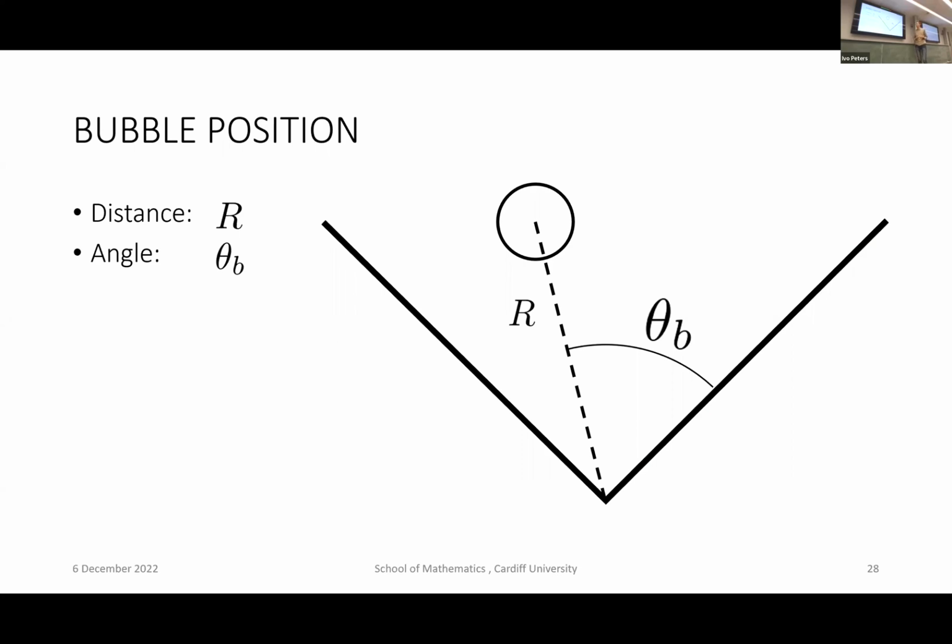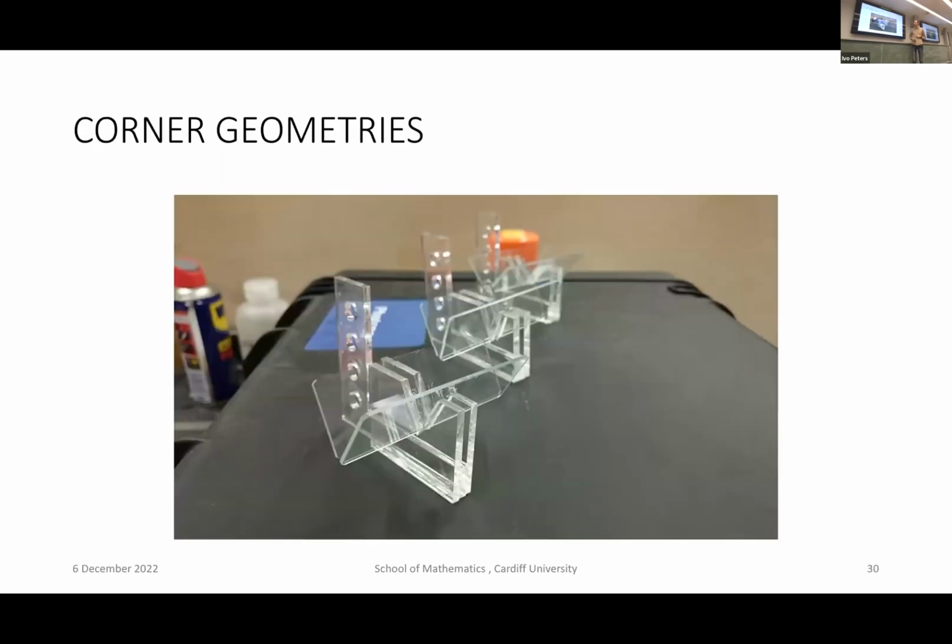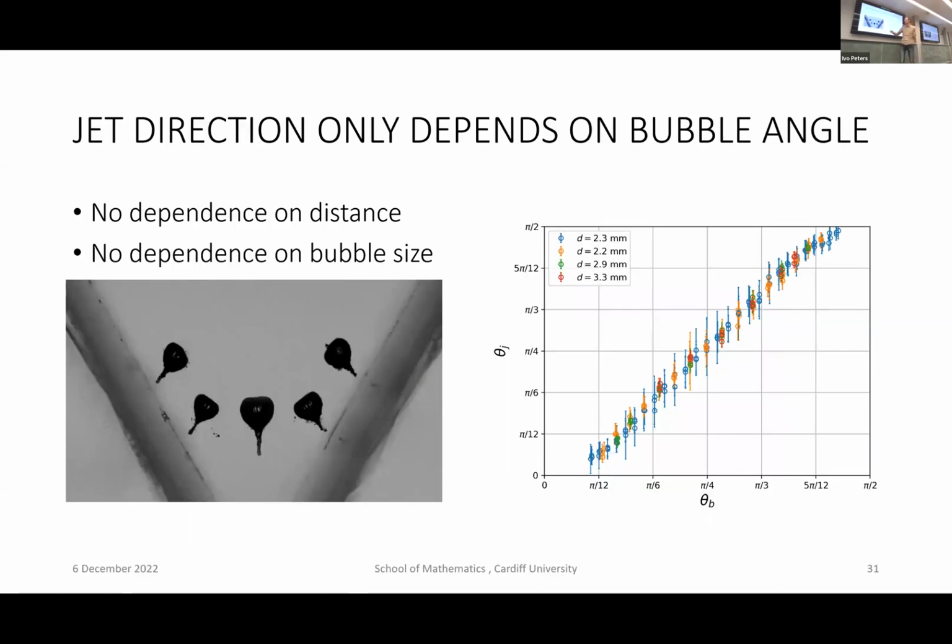So this is how I set up the problem. We say we have a bubble somewhere at some distance r and angle with one of the walls. So that defines the position of our bubble. And then the thing that we're going to want to find out, or what we're going to measure, is simply the angle that the jet makes with respect to the other wall. So these are the geometries that we use, basically 2 glass slides that we put in our experiments. And then these are multiple experiments laid on top of each other, so you get basically different positions. You can measure the jet angles, and we get